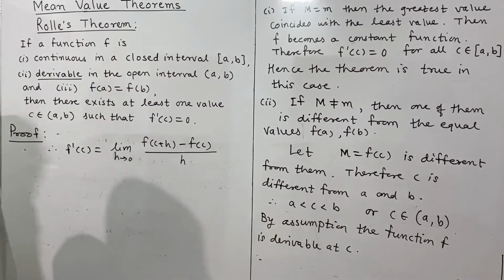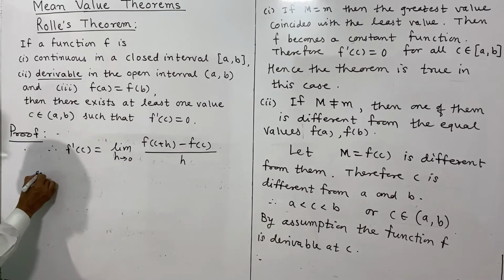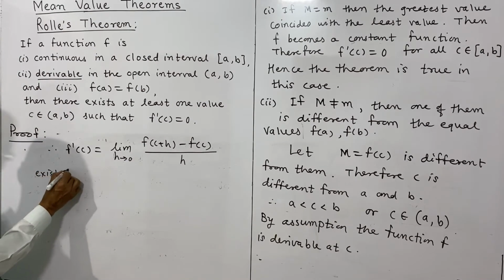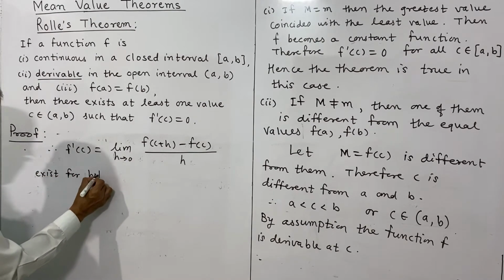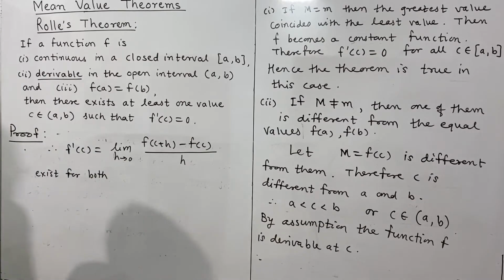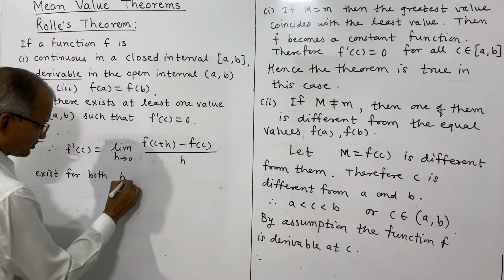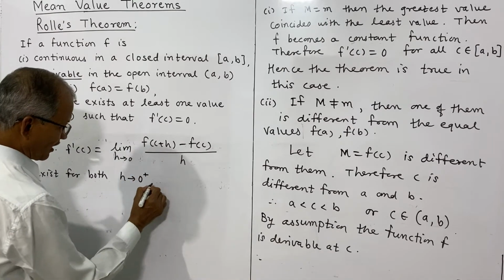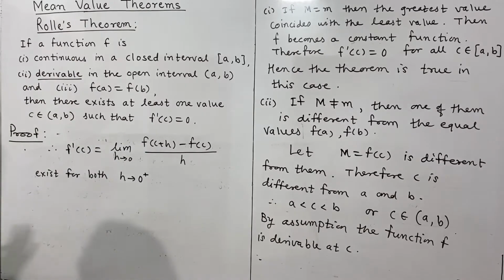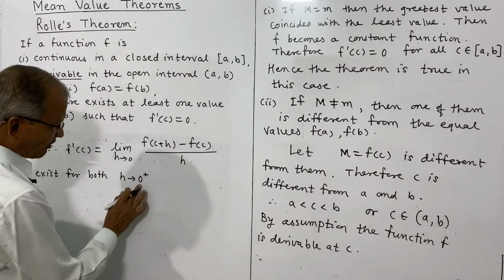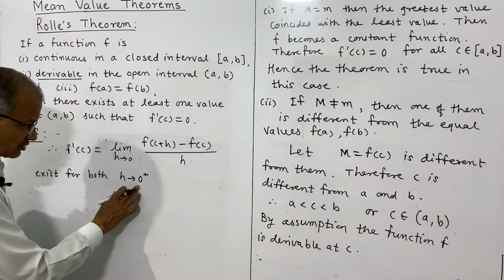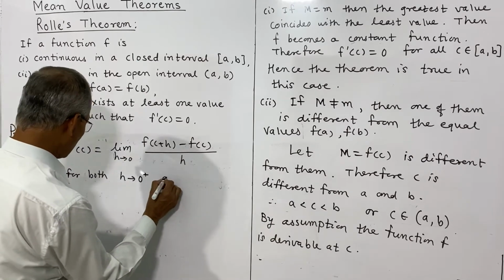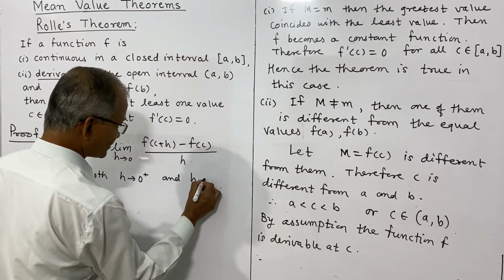This exists for both h positive and h negative close to 0. It must exist for both h tends to 0 from right and h tends to 0